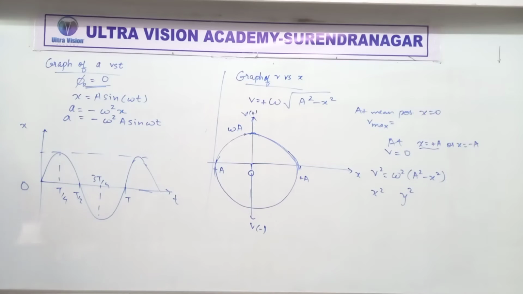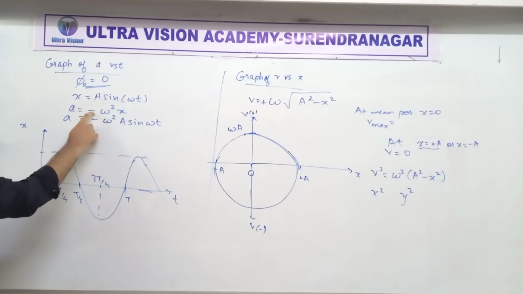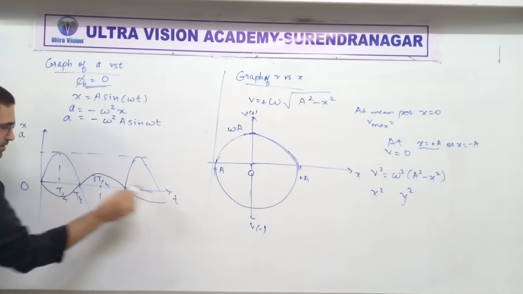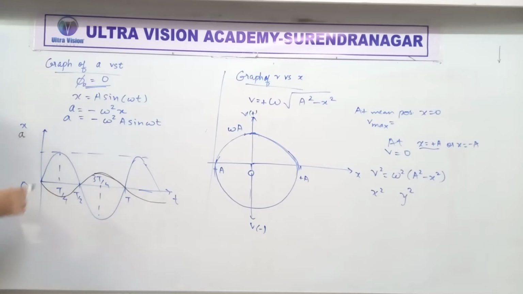Now if I were to draw the graph of a, because x and a are proportional to each other but there is a minus sign, the graph of a will be reversed, that is inverted. Blue is x and black is a. Be careful. The graph of a will be opposite or inverted compared to this. So here it would be like this. But the height may be different.